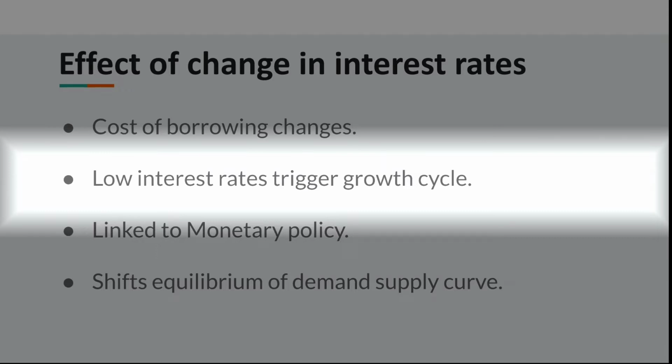This increases employment, which puts money in people's hands, and as a result, consumption expenditure increases. With an increase in consumption, companies see profit increase, which is then used in increasing supply and further expansion. In this way, lowering the interest rate has triggered a growth cycle and increased the circulating money within an economy.